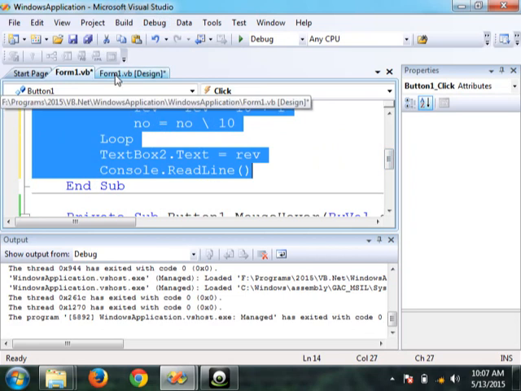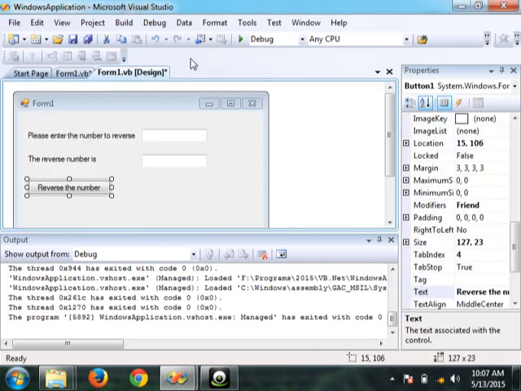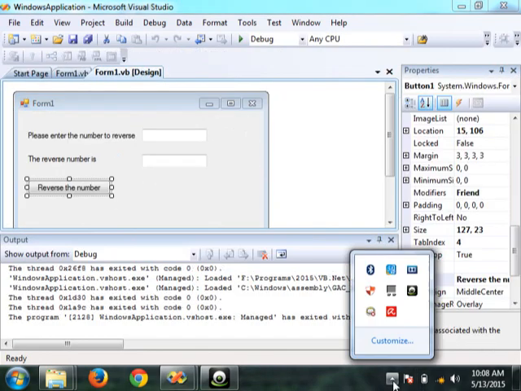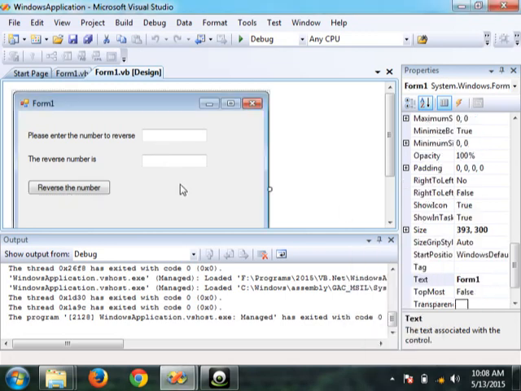Now, it's always good to have a good design. If I run this, it looks more or less okay, but you can make a better design out of it. So always try to be creative in your designing, meaning give a good look to it, because that's what a Windows form is. If you see any form in Windows, people like to make it look nice. Like I can go for any of the controls, like even this one, this is Avira antivirus. If I go for this also, it's a form, but nicely designed. Even a web application is very nicely designed nowadays. So you can go for all those things.